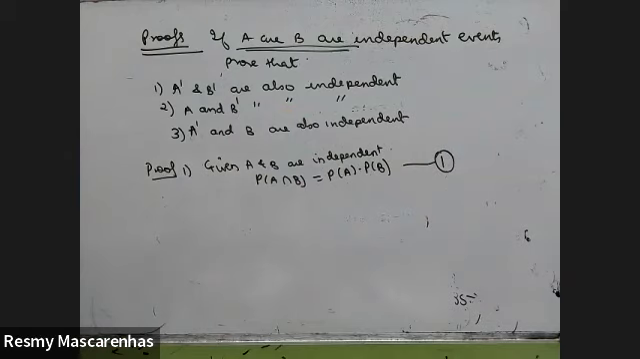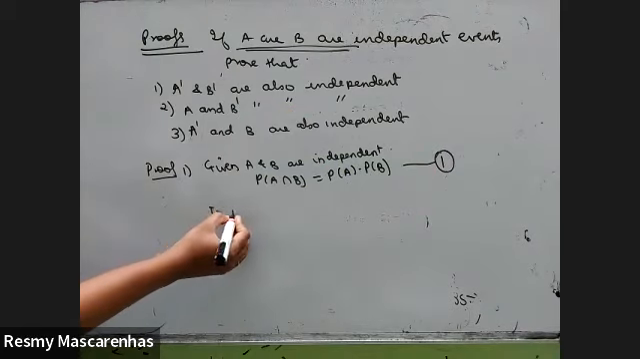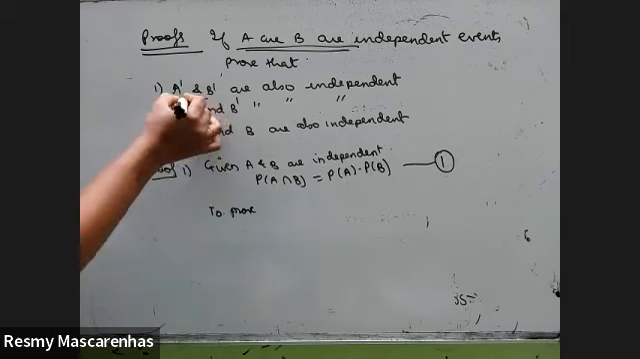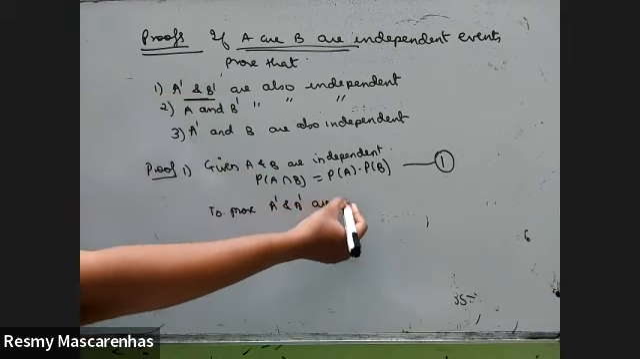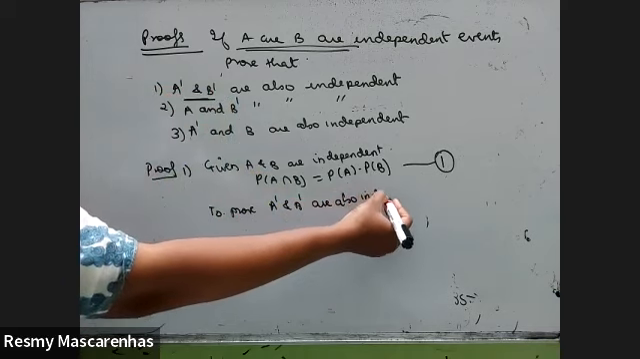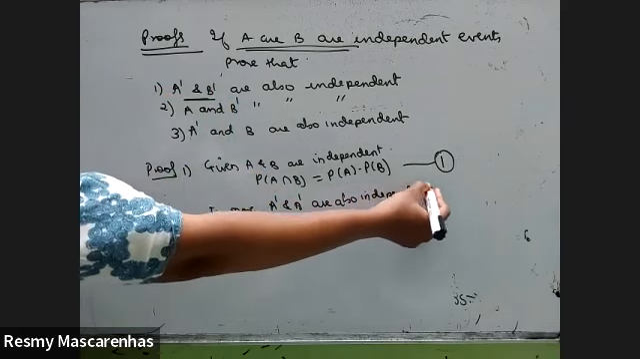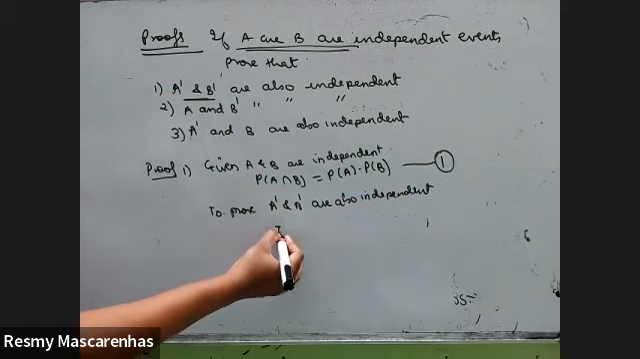So they are independent means P of A intersection B will be P of A into P of B. That is based on the formula of independent. The main formula for independent events which I have given, we have to apply. Now what we have to prove? To prove A dash and B dash are also independent. And that is to prove